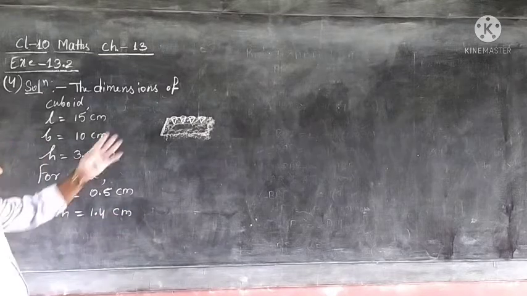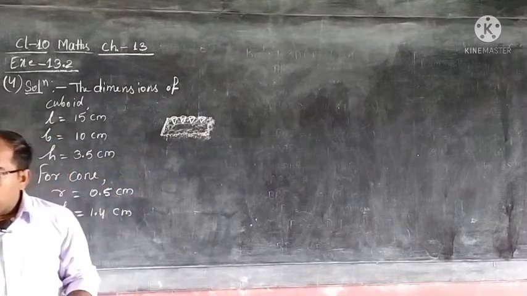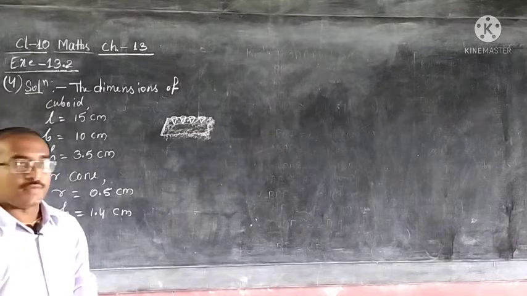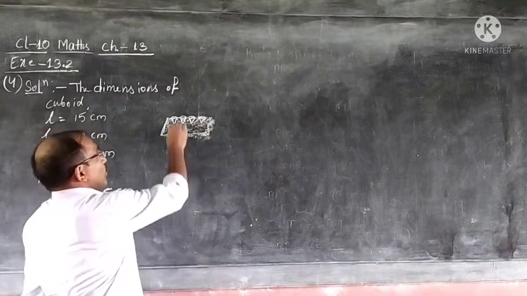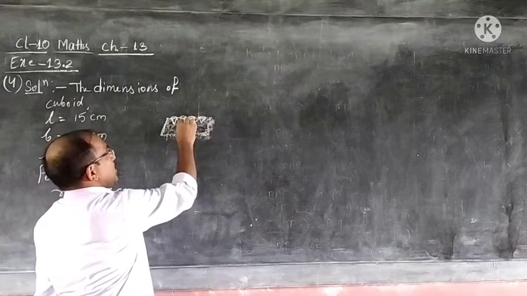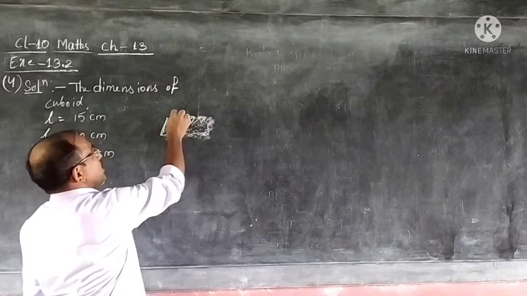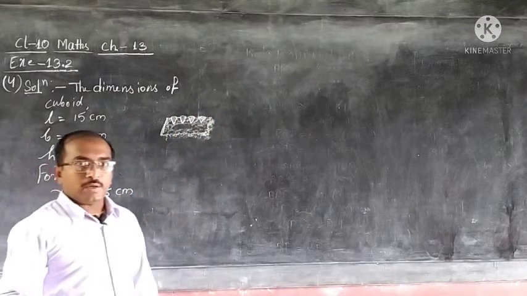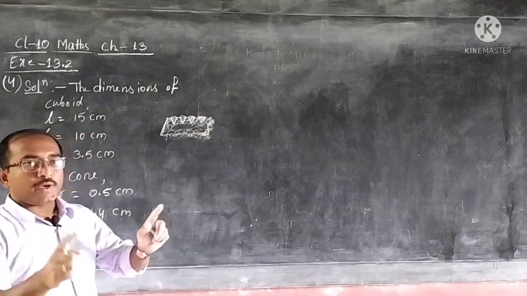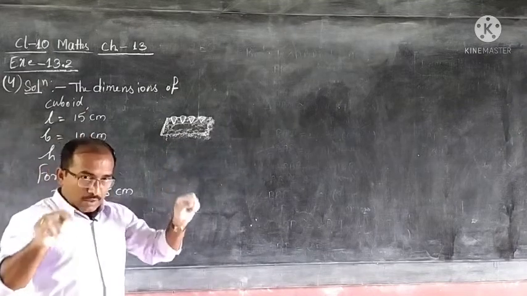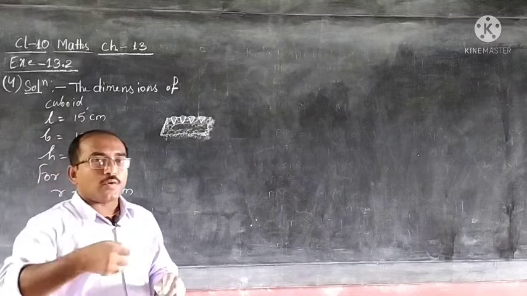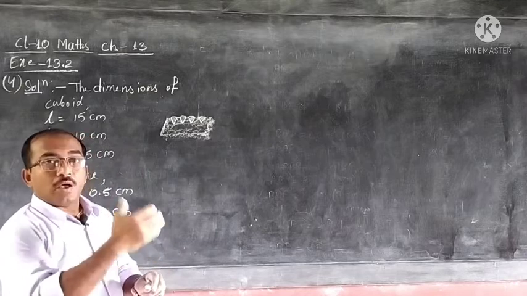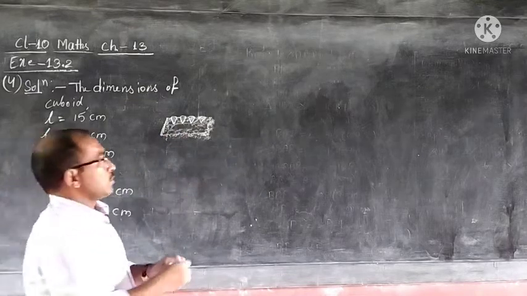So, these all are the dimensions we saw in the diagram, and then what we have to do? Find the volume of the wood in the entire stand. So, just remember, if the holes are conical, that means these are empty. Actually, that wood is not there, that is why it is a hole. Pen will insert in that. So, how will we find how much volume of wood is in that? Total volume of cuboid, and from cuboid that depression is taken out, holes are there, that means minus volume of 4 cones. So, let us do that.